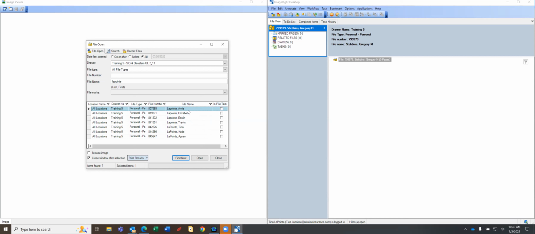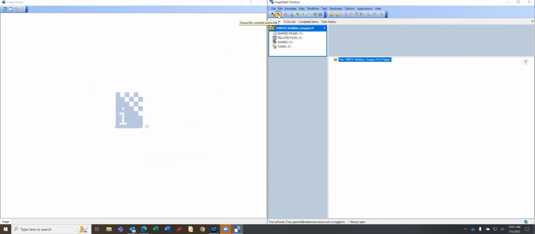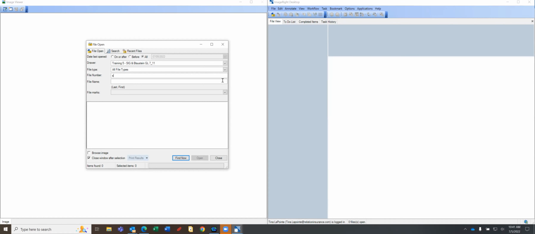And now we're going to ask ImageRight to please save that. The way that we do that is we right-click in the heading area, and we say save the columns. Now you'll notice that if I go back out and search for Stebbings again, in the correct area,